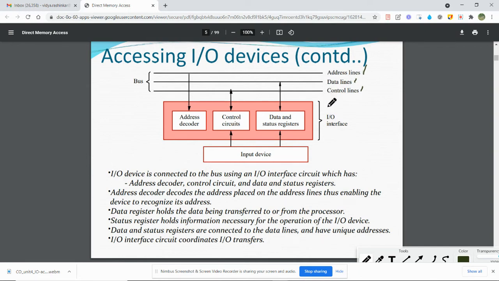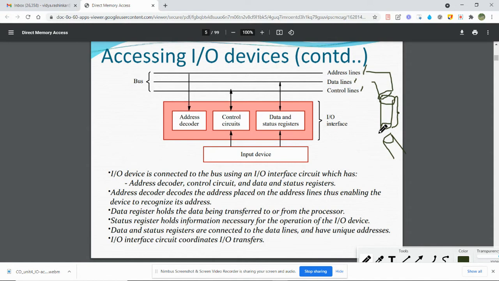While doing the offline classes also, I explained that this IO interface is like a pipe. If you have two different things, like I have given the example of a tap. If I have a tap and its size is very different from the size of the pipe, then we require an interface.